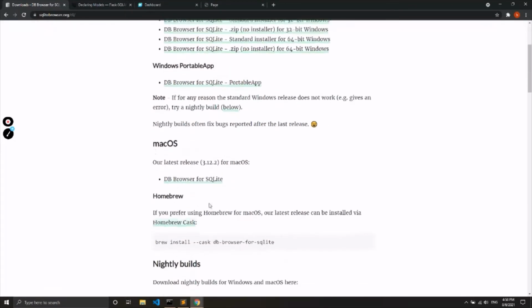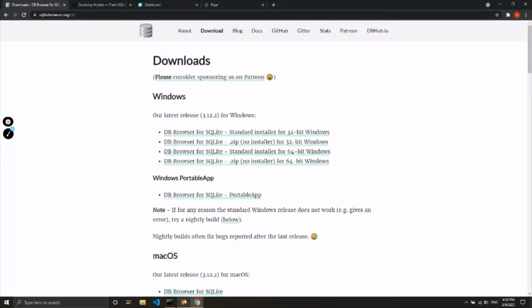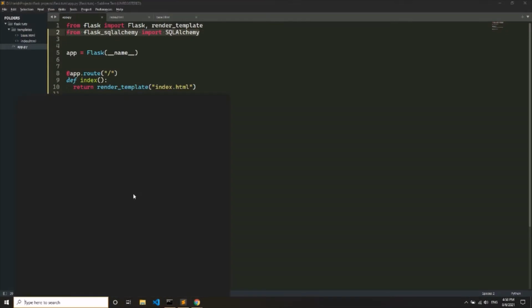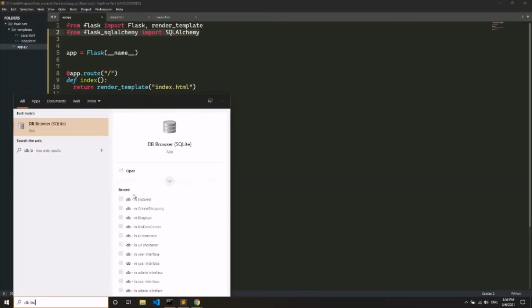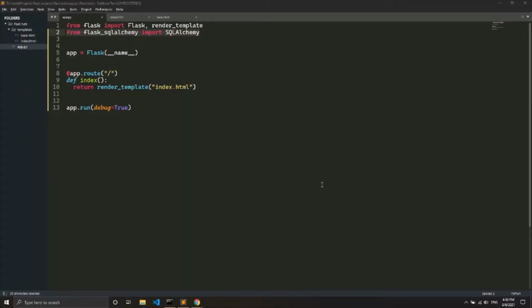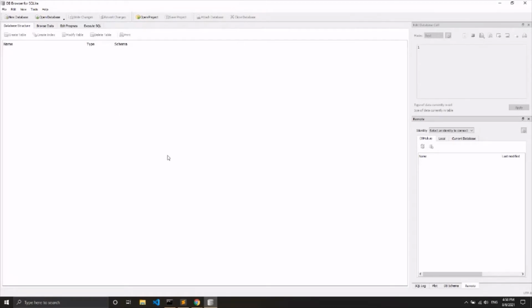It's also for Mac OS and Windows. So after you're done with that, I will open it. Opening now. You can see that it has opened and it looks something like this in the starting. You don't need to worry about the interface. It's really simple. I will explain it.